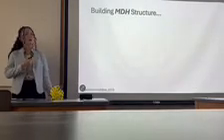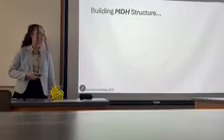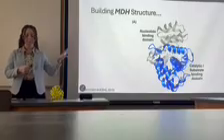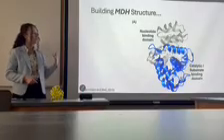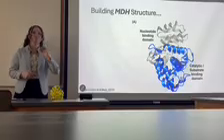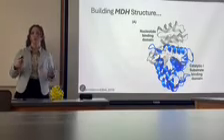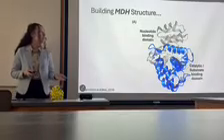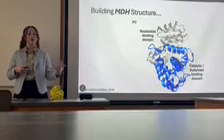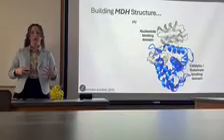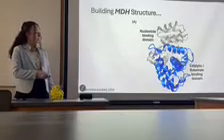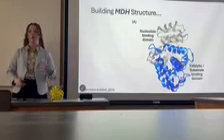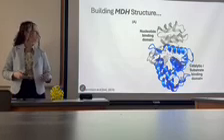So we're going to next talk about building MDH structure. Now, this is an image of MDH in E. coli, and I really like this image because it shows really well the different pieces of the monomer before we get into the active site. Now, this area right here, the gray, is the nucleotide binding domain, and that is where we're going to find our NAD. Now, the blue area down here is the catalytic substrate binding domain, and that's where we're going to find our oxaloacetate or our malate, depending on the chemistry.